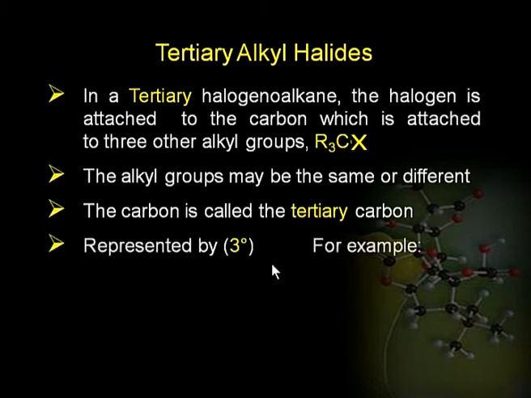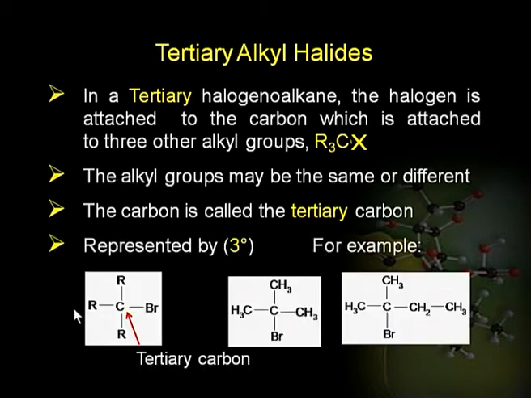It is represented by 3 degree, and here is the general way of representing it, and these are the 2 examples where in the first case we have all the alkyl groups similar, that is we have 3 methyl groups attached to this carbon to which the halogen atom is attached, whereas in the second case we have 2 methyl groups and 1 ethyl group. So, in this case we have 2 types of alkyl groups, and all the alkyl groups could be different also. So, coming to naming the alkyl halides,